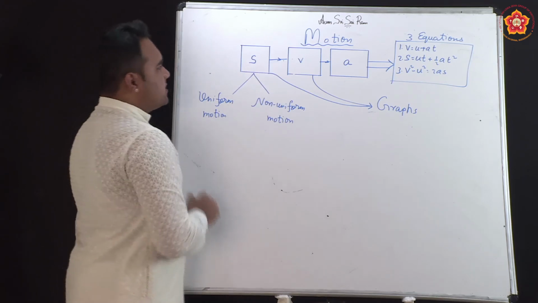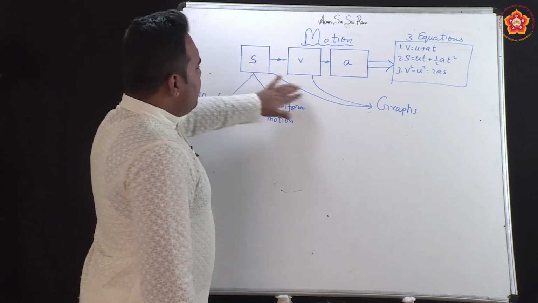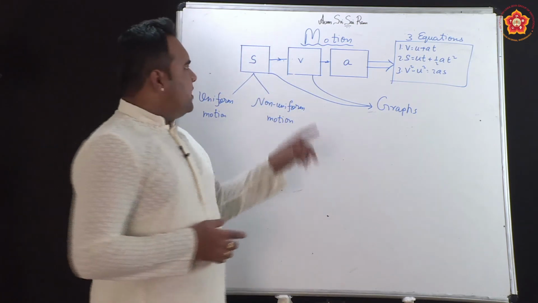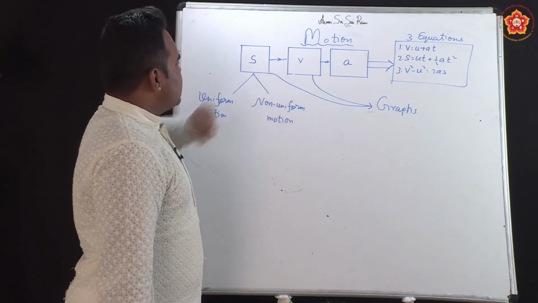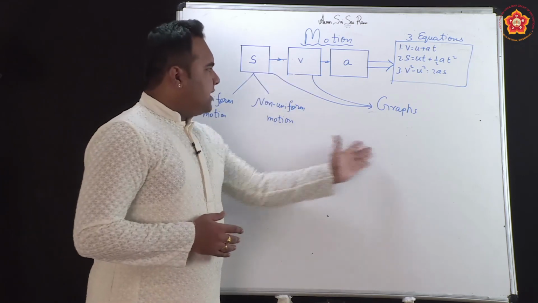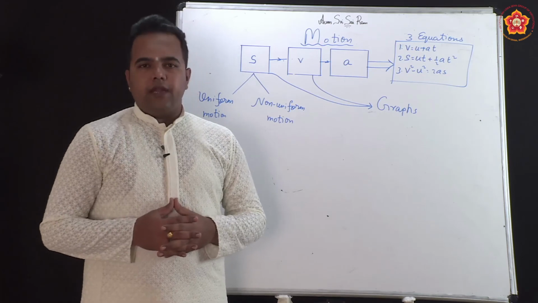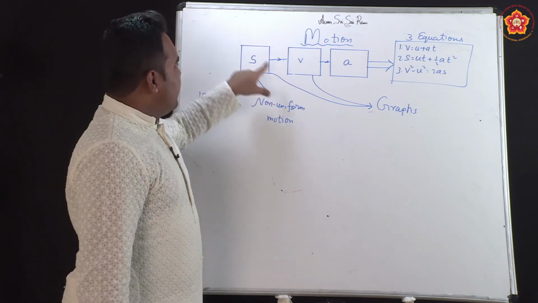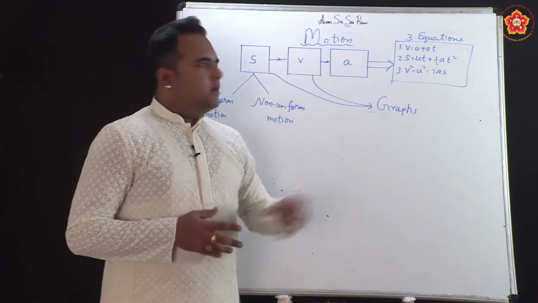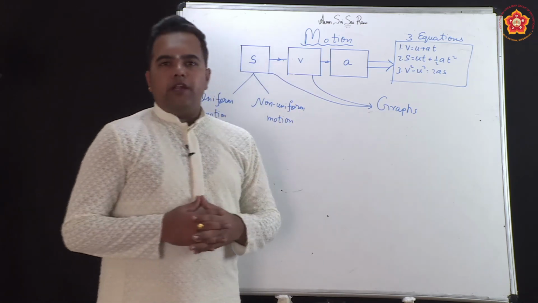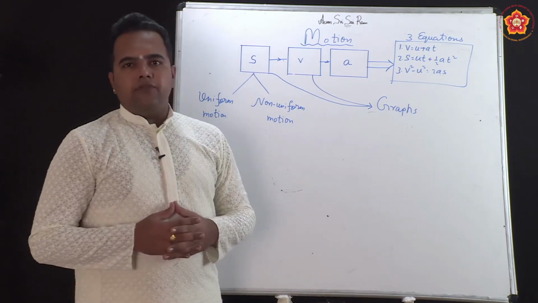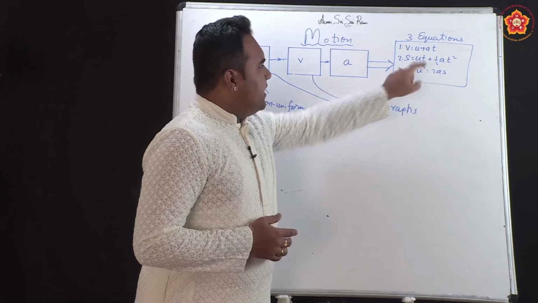So, we have seen this, and later we have come to the introduction and discussion about graphs. So, we have seen how do we plot a distance time graph, how do we plot a velocity time graph. On the x axis we have the independent variable time, on the y axis we have the dependent variable either distance or velocity and so on. So, we have seen what each graph denotes, how do we read the graph, how can we get equations from the graph, and this is what we have finally arrived at.